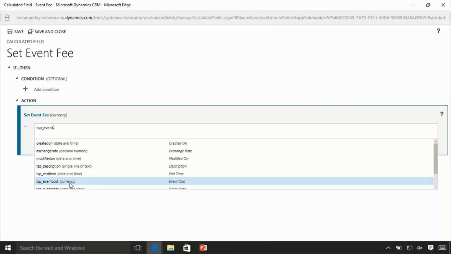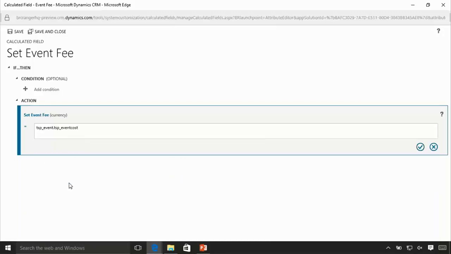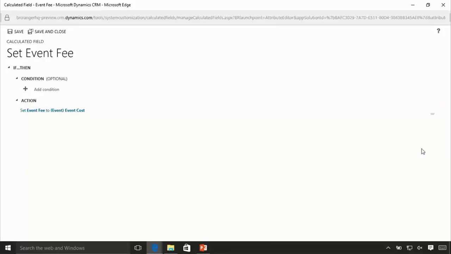So I want to make sure that it's the same data type as what I'm trying to accomplish. When I click on this and select it, now I'm saying that I want the value of this field to basically come from whatever the event cost is for the particular event I'm working with. In this case, I can go ahead and click on OK or hit the checkbox, and it will save my